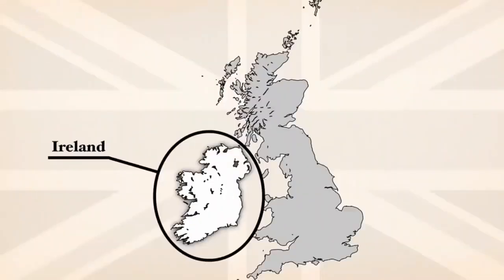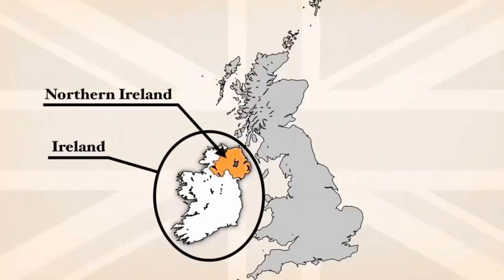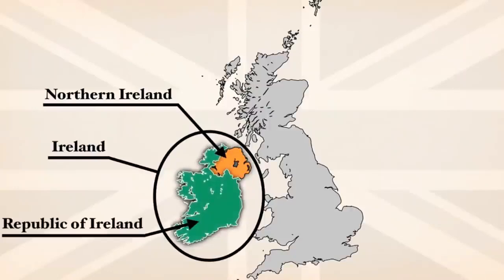This was because of the partition of Ireland. Ireland was divided into 2 separate jurisdictions, Northern Ireland and the Republic of Ireland in the south. And that's when it became the United Kingdom of Great Britain and Northern Ireland. So as the name suggests, the United Kingdom is made up of several kingdoms, as we just saw. But how can the United Kingdom be a country and at the same time be made up of other countries?